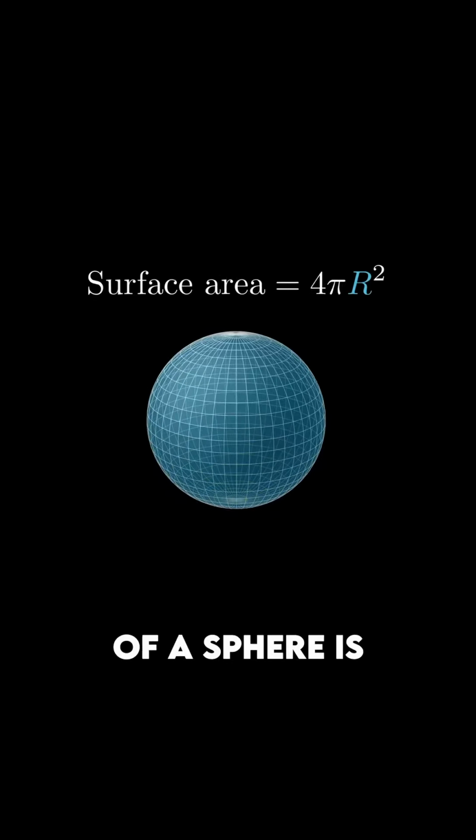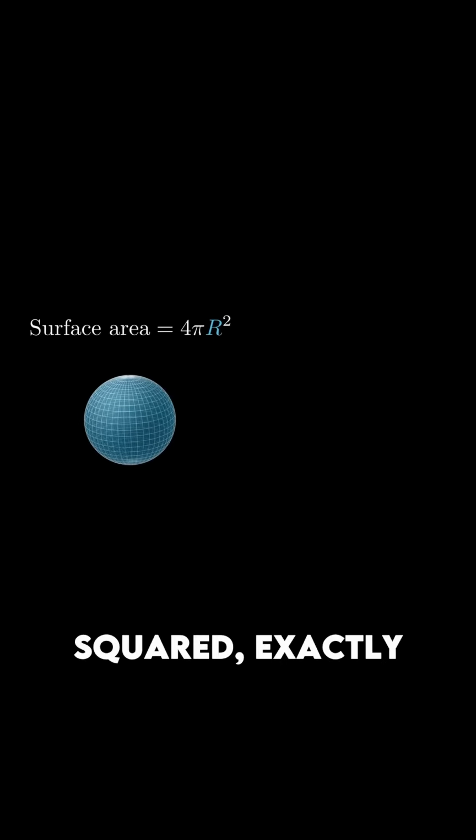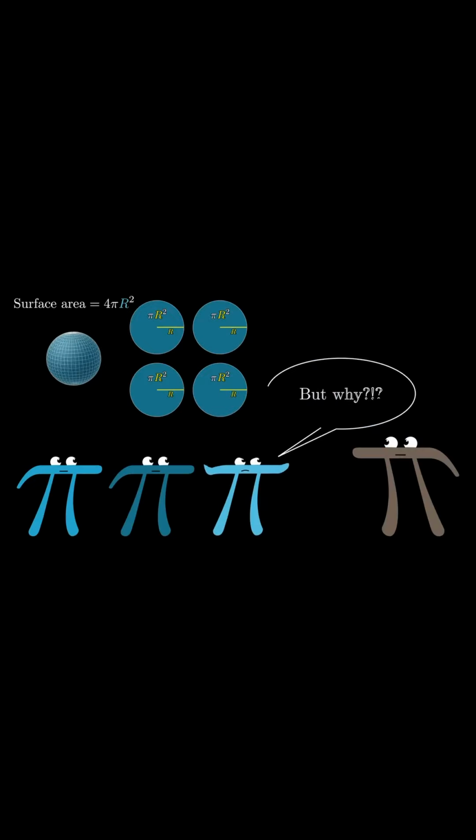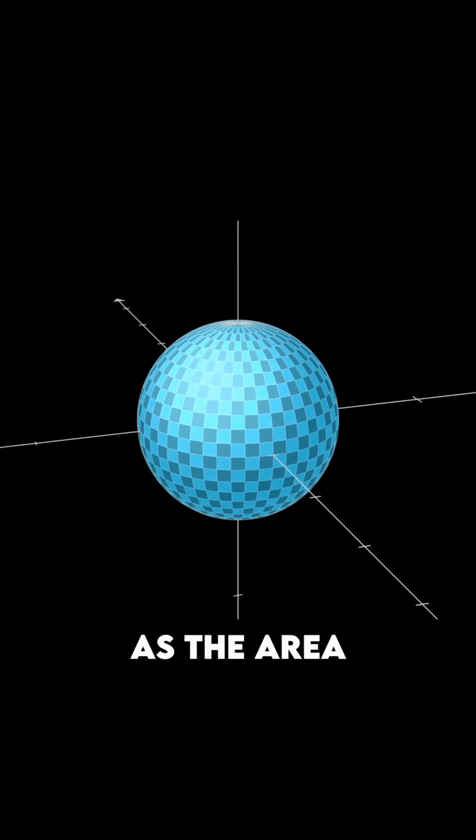The surface area of a sphere is 4 pi times its radius squared, exactly 4 times the area of a circle with the same radius. But why? Archimedes had a very beautiful proof that this surface area is the same as the area of a